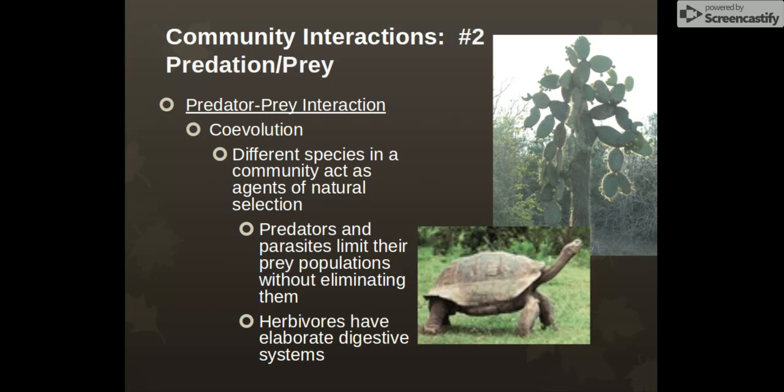So if we look at this, we can talk about the example when we talked about natural selection of the fox and the rabbit. And so the fastest rabbits couldn't get caught by the fox, so they survived, reproduced. Now we got faster rabbits. Okay? But then in the foxes, only the fastest foxes are going to be able to catch those fast rabbits. And so they get food, they survive and reproduce, and now we've got faster foxes.